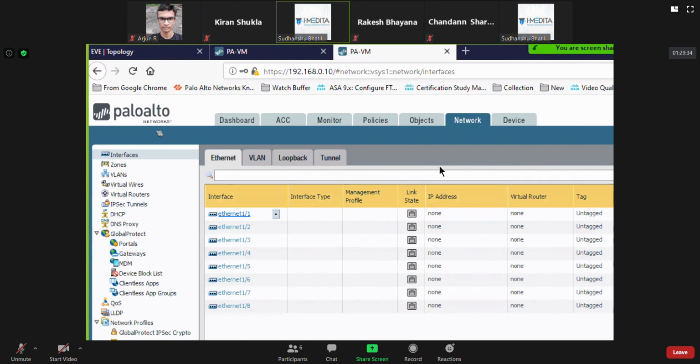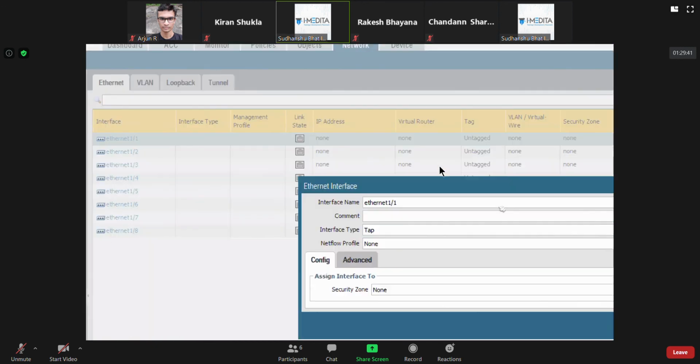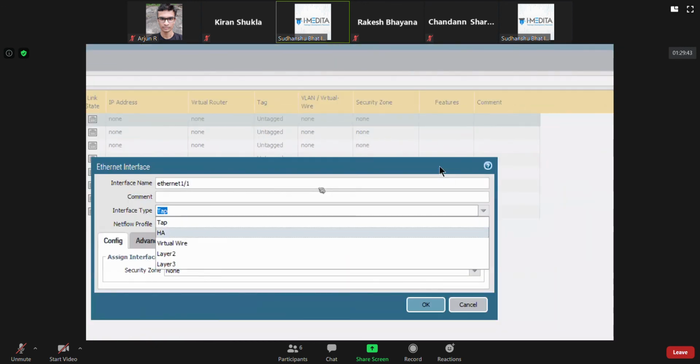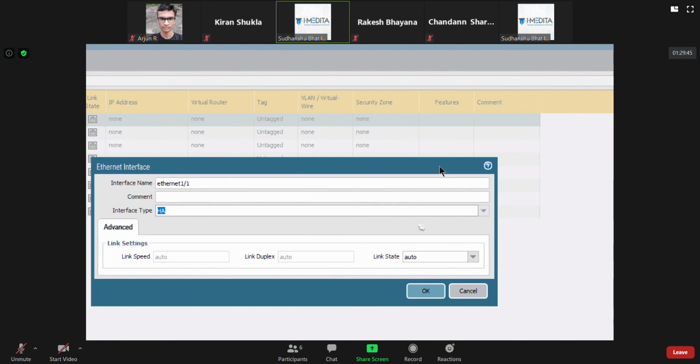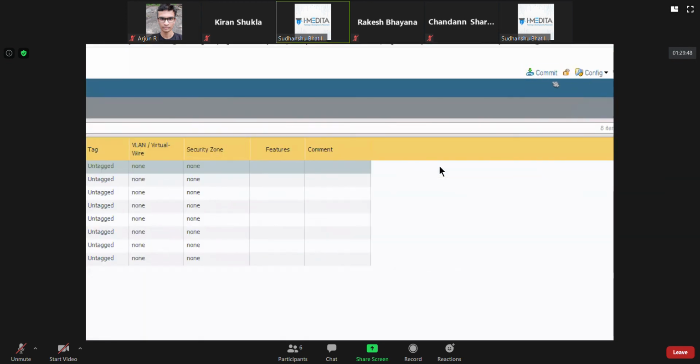Similarly, I'll use Ethernet 1/1 on the Palo Alto 2. Here also the interface type will be HA, and commit.